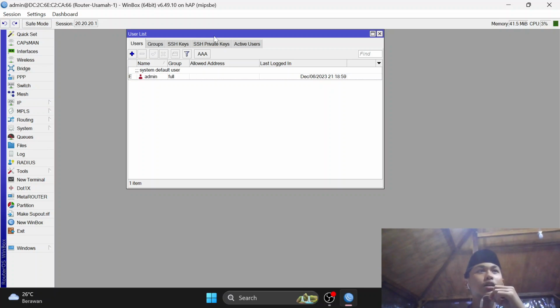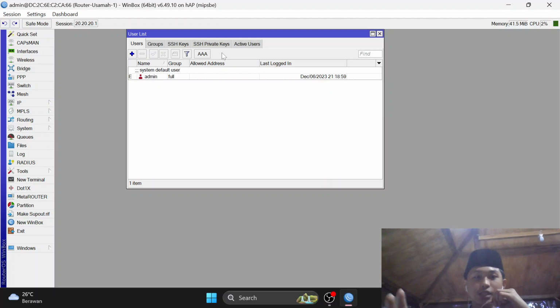But here I will give you a simple user management, because the basics are in the MTCNA, not in the MTCUME. MTCNA is MikroTik Certified Network Associate, and MTCUME is MikroTik Certified User Management Engineer. Like I said before, the default user of the system is admin and the group is full.